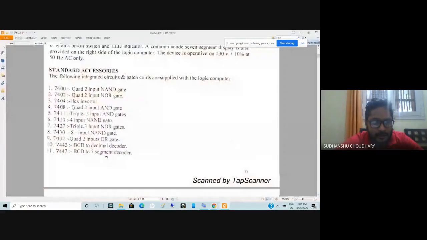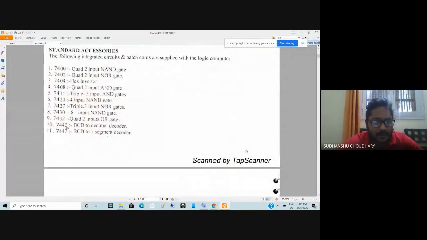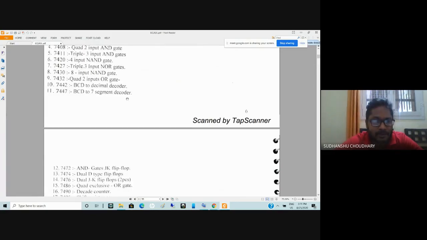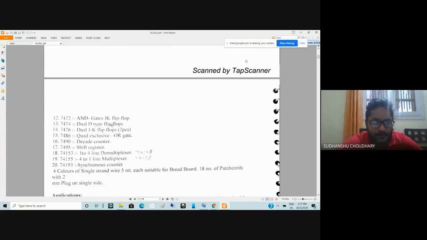So every IC is associated with some gates. For example, the 7442 IC is a BCD to decimal decoder IC, so you have a BCD to decimal decoder circuit present in this IC, and you can verify this IC as well. Then you have a BCD to 7 segment decoder in 7447.